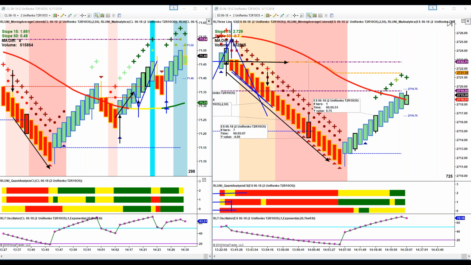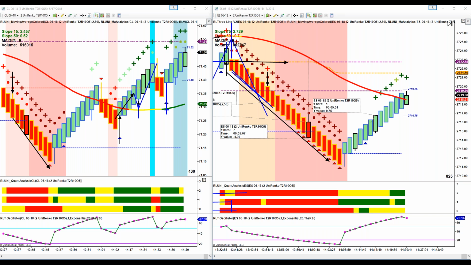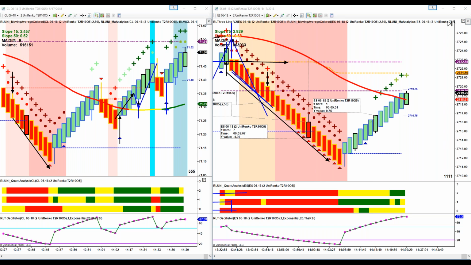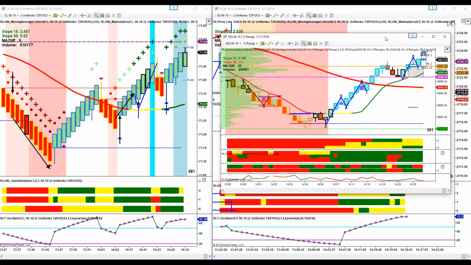Now, the only thing I just want to add is that trading Renko or Unirenko obliterates price action. So we have to be very, very careful. That's why the indicators have to be so powerful. I'll just show you really quickly. I have one chart up of a